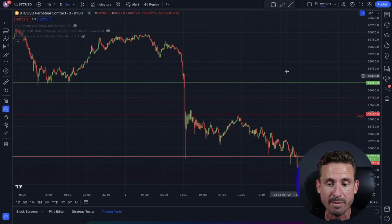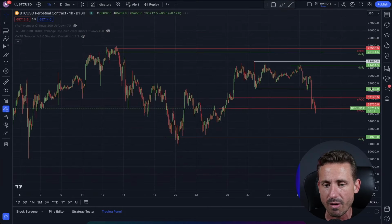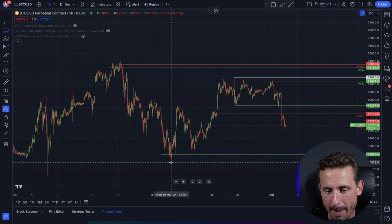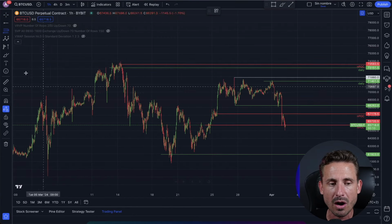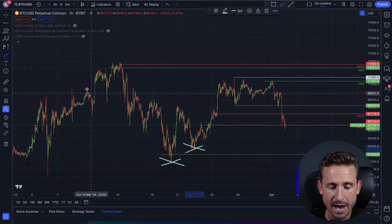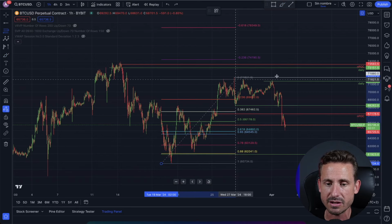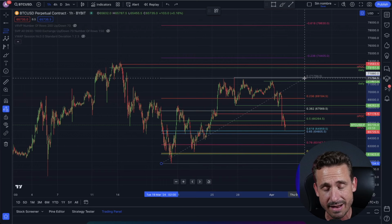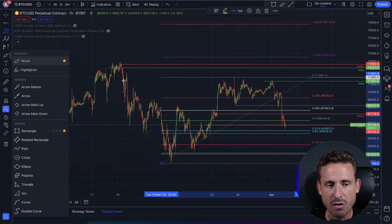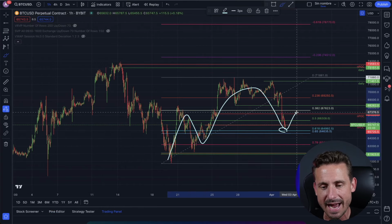Because I very much realized that we could bounce from this zone, and that is purely based as well as that we are hitting the 618 Fibonacci from the pivot low of the 20th of March. We got two pivots here just to take a look at Fibonacci, this one and this one. And if we do take a look at the lowest pivot to the highest pivot created here just a few days ago at 71,800, we just tapped the 618 to perfection right there, which you can speculate, hey, this might get an epic